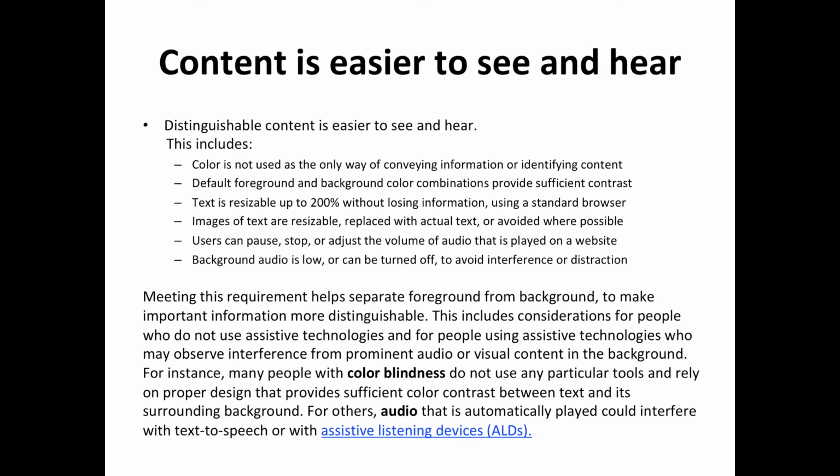You tend to want to avoid having background audio or music or sounds in general unless they're absolutely necessary. And when you have that kind of sound, people should be able to take control of it. Your user should be able to take control of any audio that is playing on your site. So meeting this requirement helps separate foreground, background, distinguishable information, including considerations for people who do not use assistive technologies